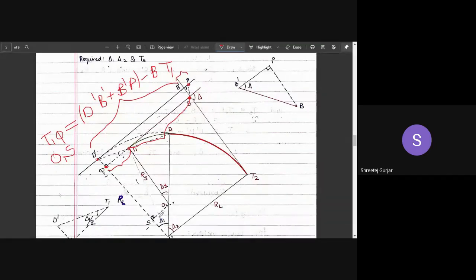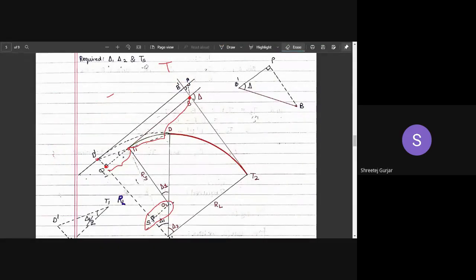T1Q, right? This is nothing but this O1S. So we had to find out O1S. Hence we have done all these steps to calculate O1S. Okay, now we know O1S, we have calculated. Now after this is done, what you have to do? Now we have to draw this particular diagram, this extra line we have to draw.